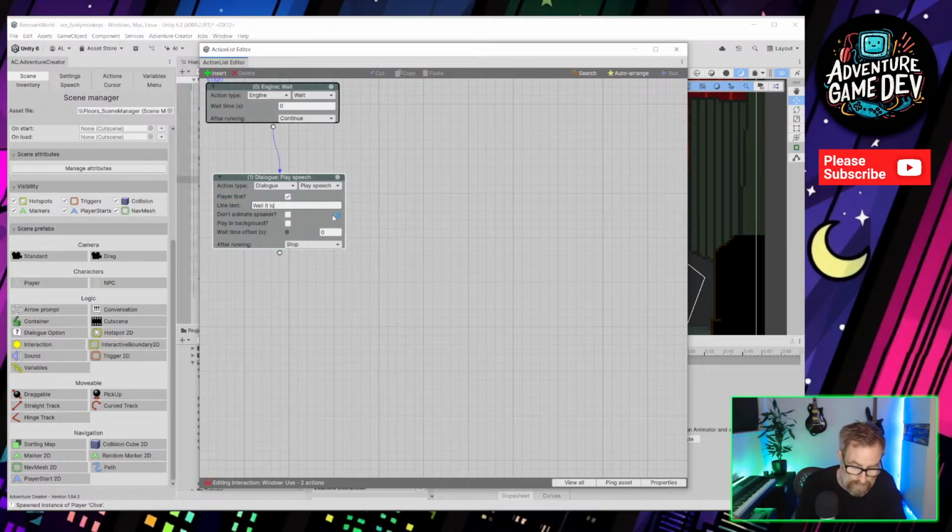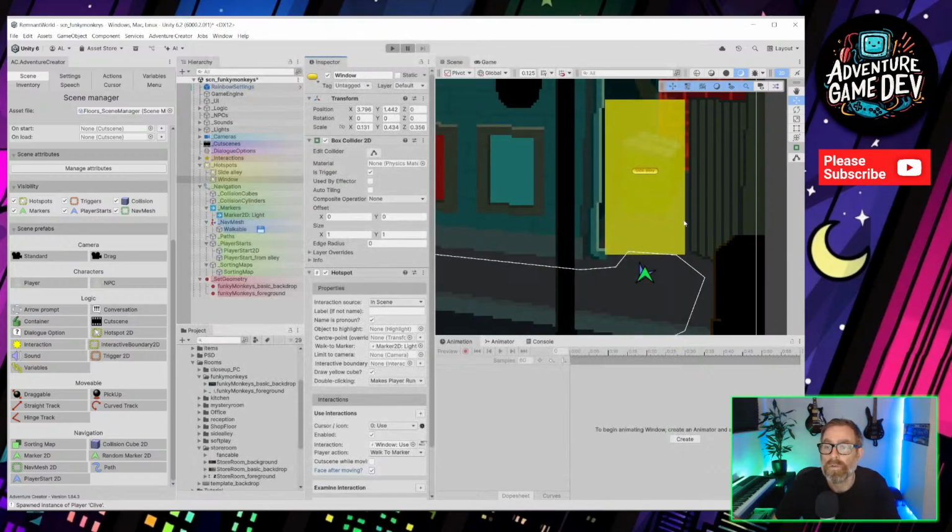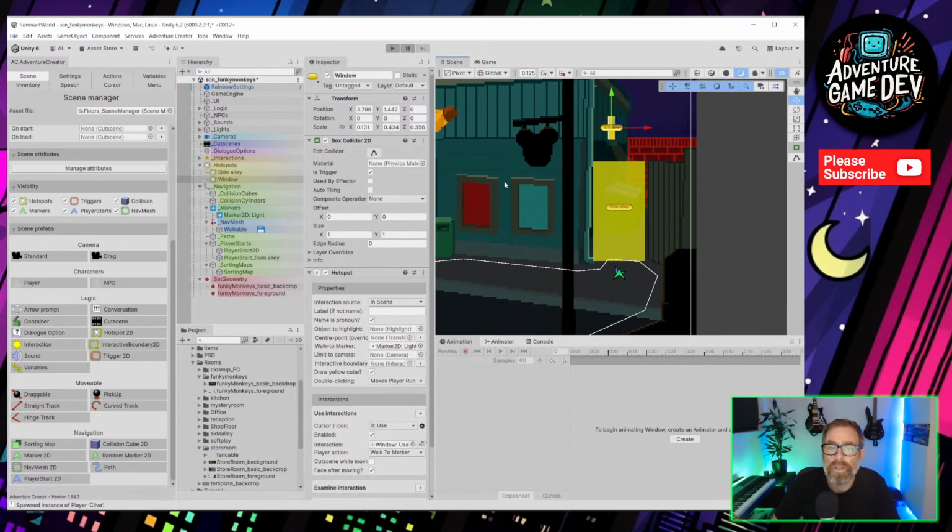Well, it looks like someone is in there. There's a light on upstairs. Okay, so that's a nice little hint really when they look at that.